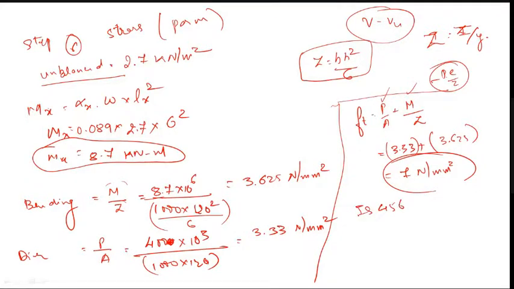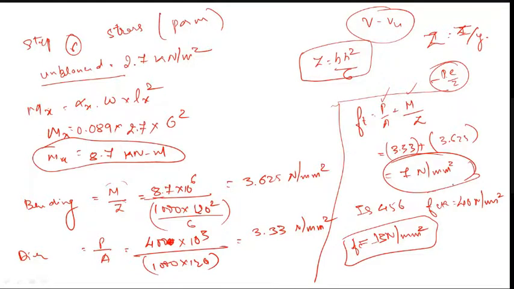Now, table number 21, check for compressive stress. If you check, you will get the value as 13 Newton per mm square. I will show the table also. Just compare these two. You have got 7, this is the maximum compressive stress, but our value is less than 13. Therefore, it is safe in the stresses.